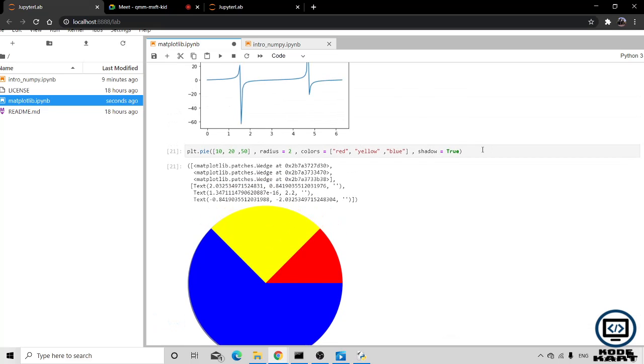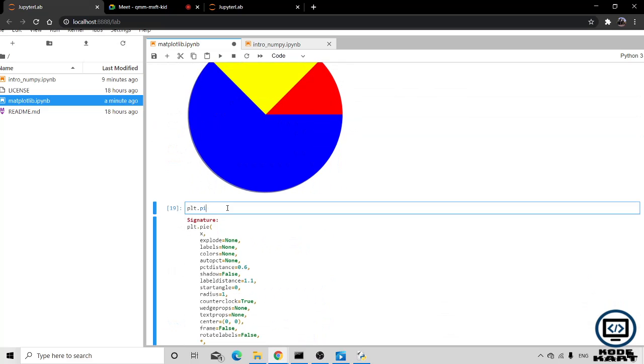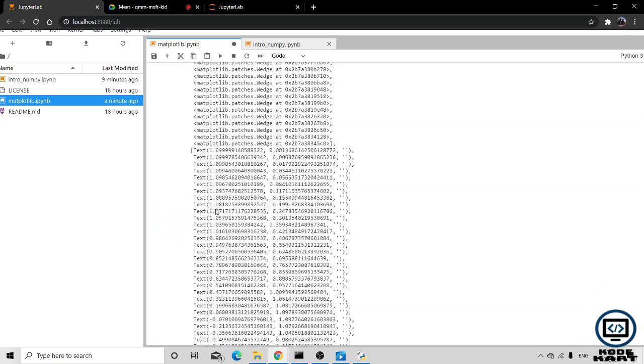Okay, now let's try something creative. What if we do plt.pie, and instead of passing this list we pass np.linspace, and we pass 1 up to 100.